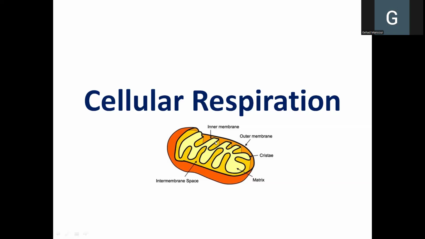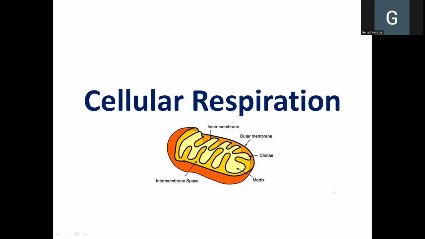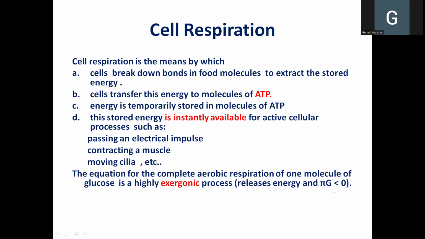So the inner membrane is important because it is the site of part of the biochemical reactions that occur in aerobic cellular respiration. The matrix of the mitochondrion, which is the jelly-like substance inside the mitochondrion, is also important because in this matrix we have important chemical reactions that will be described as we go over the process. So cellular respiration is a biochemical process in a living cell by which the cells break down the